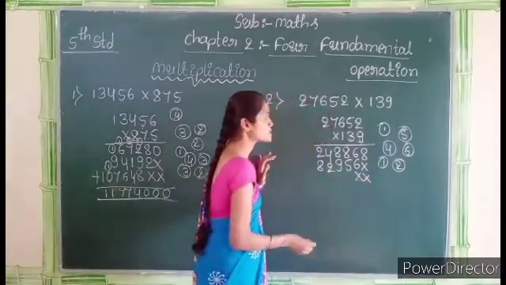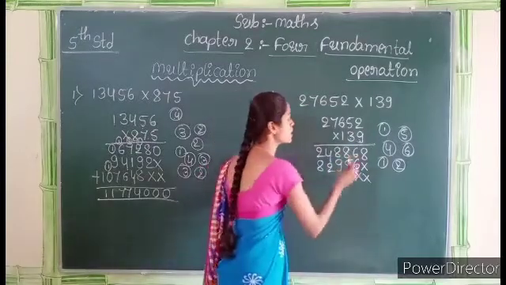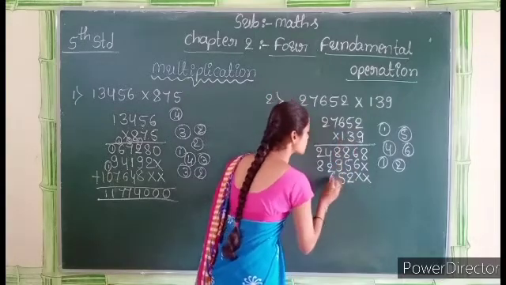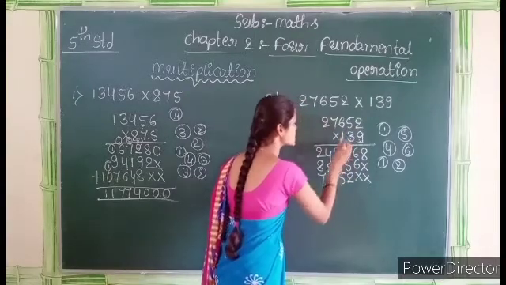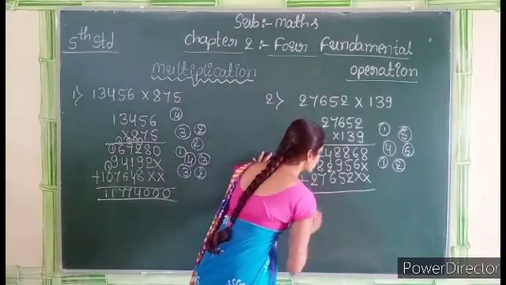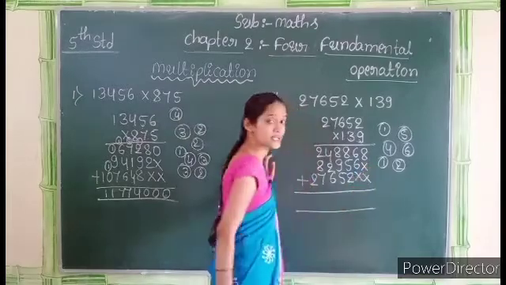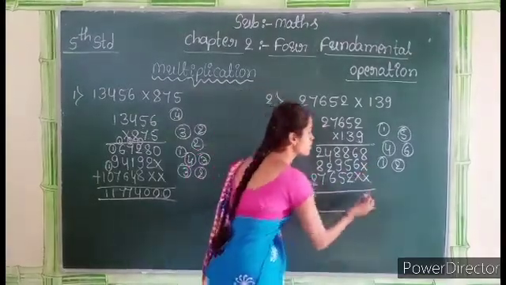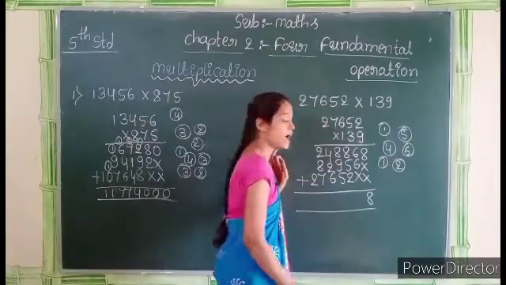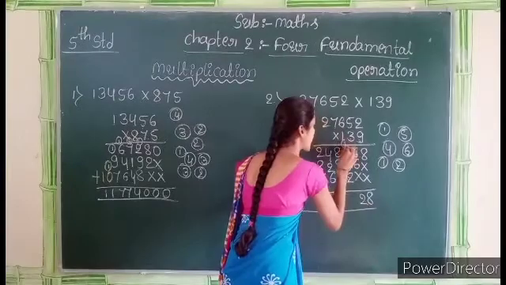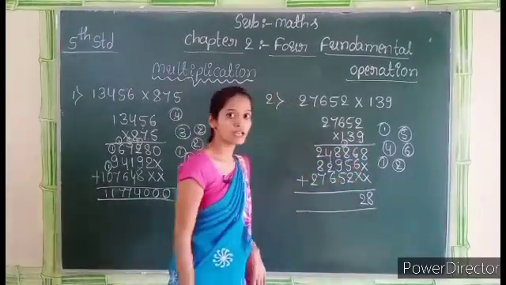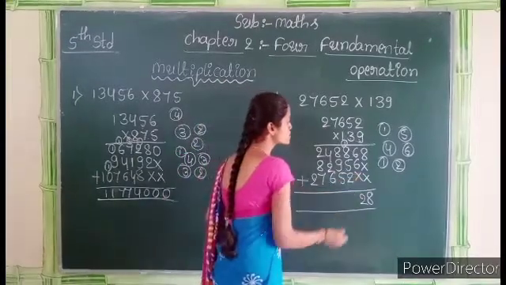So let's start the multiplication by this 1. 1 2s are 2, then 1 5s are 5, then 1 6s are 6, 1 7s are 7, 1 2s are 2. Okay, let's add all these 3 products. 8 plus 0, 8. 8 plus 0, 8. Then 6 plus 6, that is 12. I will write 2, then 1 carry over, 1 plus 8, that is 9. 9 plus 5, 14. 14 plus 2, 16.